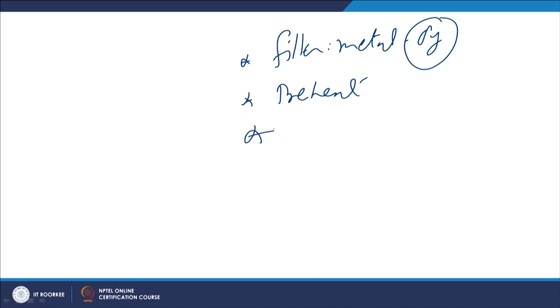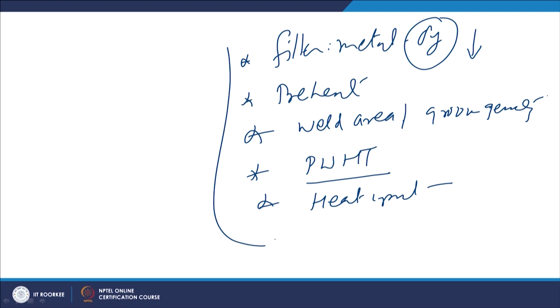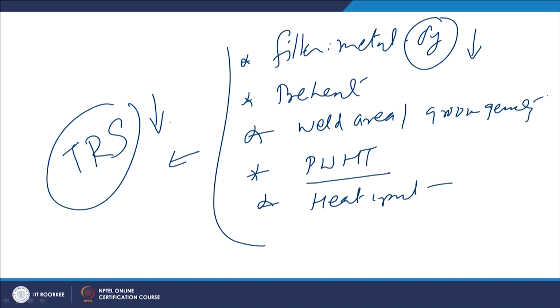So, in order to reduce the residual stress, sometimes we use the filler metal of the lower yield strength, then preheat, and then the weld area, which is being influenced by the groove geometry being used for development of the weld joint, and then the post weld heat treatment, then the heat input, the kind of heat input which is being given. If we control these aspects appropriately, then the residual stress, especially the tensile residual stress development, can be reduced to a great extent,